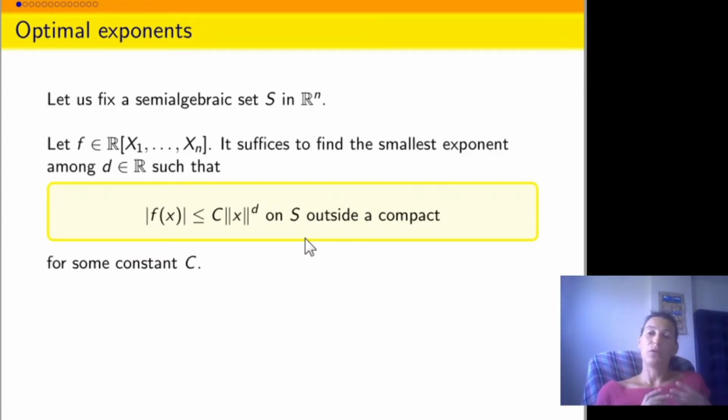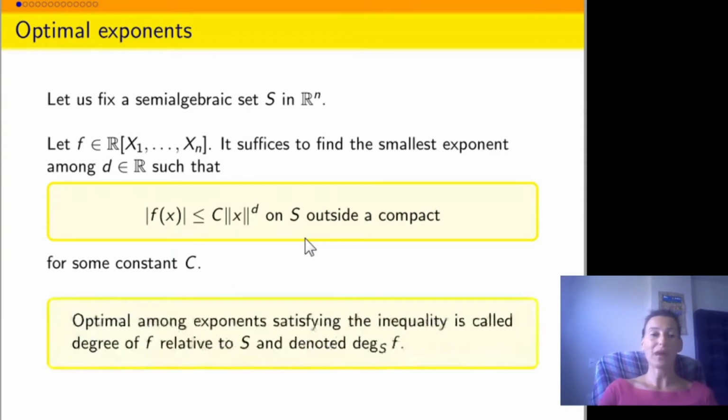So in fact, once we look at f and we let g vary, this problem can be reduced to just finding the smallest exponent d such that f is less or equal than the dth power of the norm, up to a constant, on S outside a compact. And in this case, we're going to take this as the definition of the relative degree of f with respect to the set S. The optimal among such exponents that the inequality satisfies is exactly the degree of f relative to S,